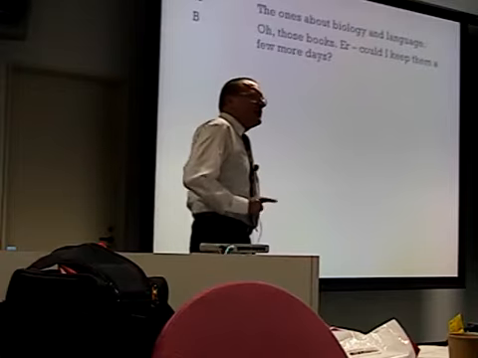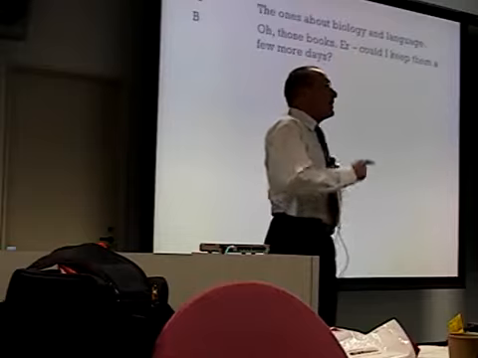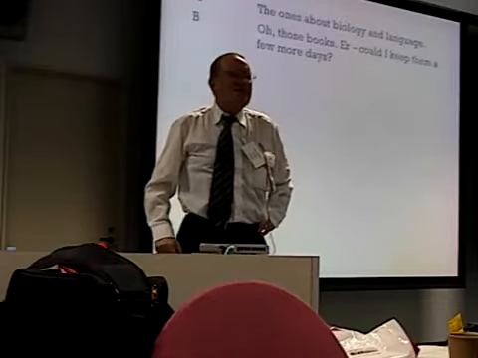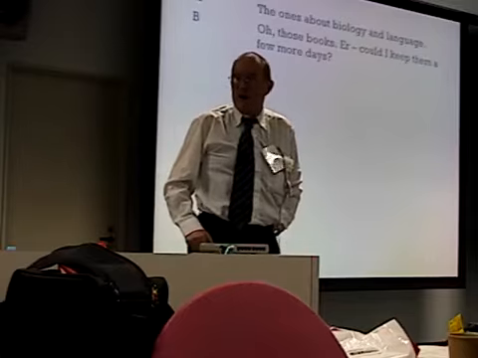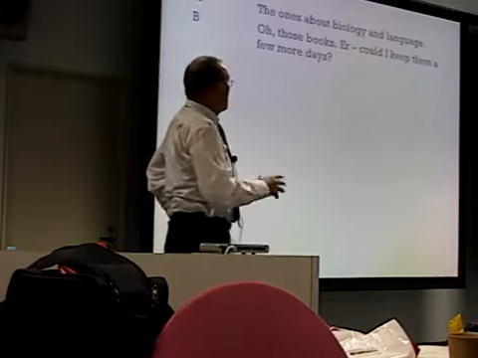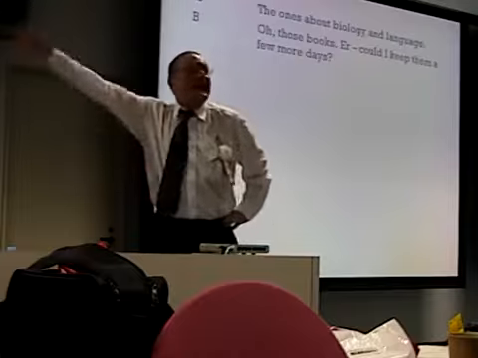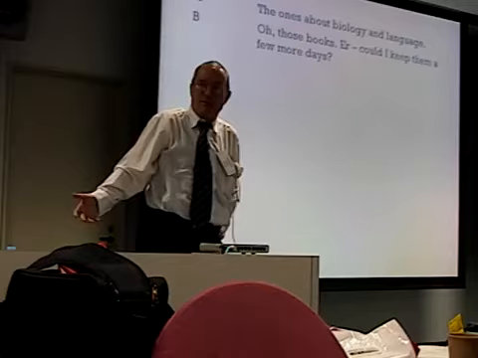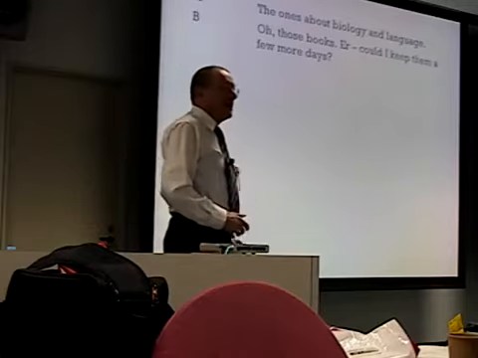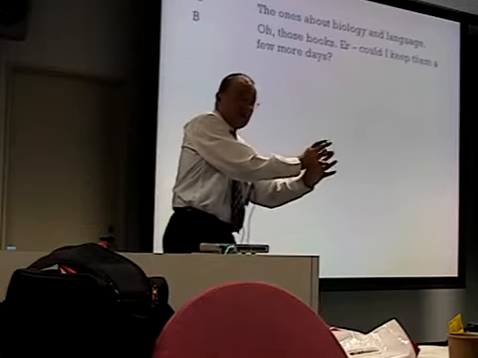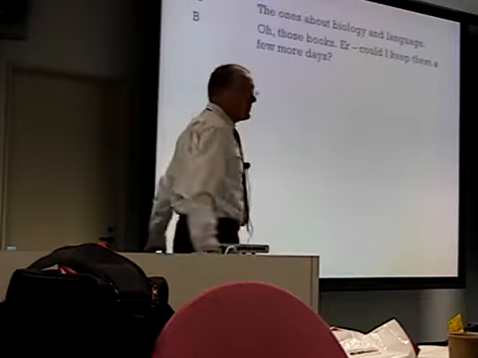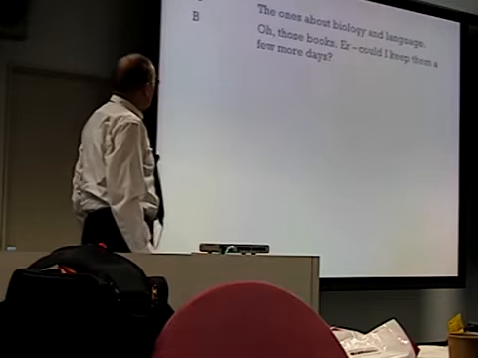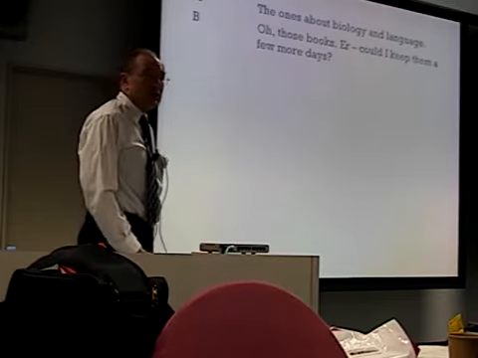Well, actually, there's an ambiguity here. Does he mean the ones about biology and the ones about language? From the context, probably not. If you did mean that, then you could say the ones about biology, oh, and language. But you would probably say the ones about biology and the ones about language. No, that's not the meaning here. This means books about both of those topics together, so one group. The ones about biology and language. Next break goes where the punctuation is at the full stop.